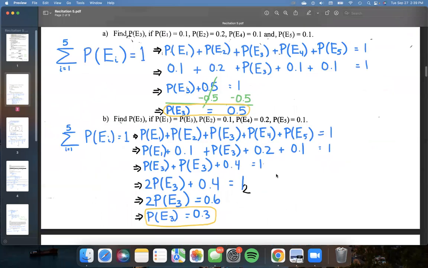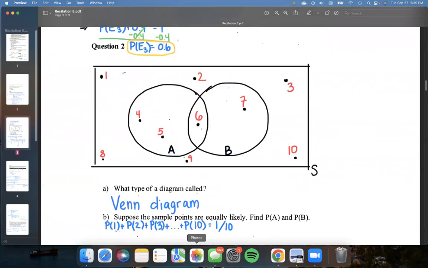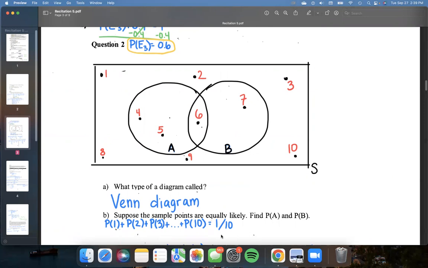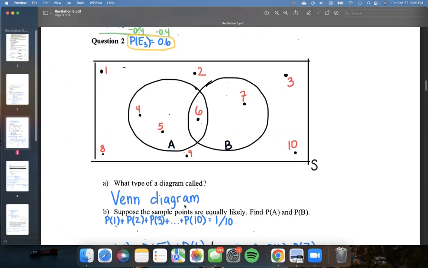So here we have a total of 10 sample points. So if they're equally likely to occur, the probability of, let's say, 1 occurring would be 1 out of 10, or the probability of 2 occurring would be 1 out of 10, and so on and so forth. So the probability of each individual point occurring is 1 out of 10,